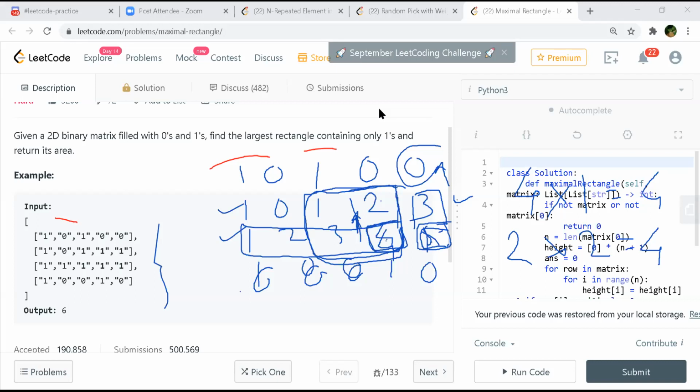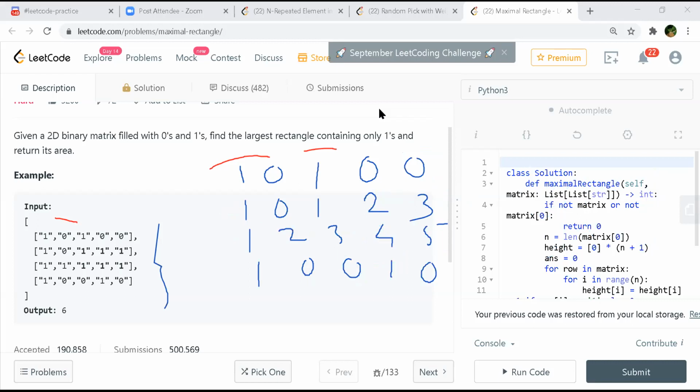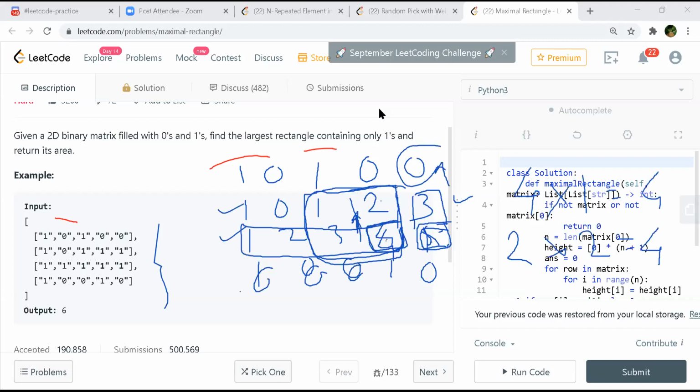So there are a couple of drawbacks in this option, but worst case, it is not a bad one, right? It's like you're coming to some sort of brute force which might get accepted, right? Yeah, it's a good one. It's n cube. But it has a cube as well as this one. So how? n square for visiting all the cells and another n for going up the row. Okay, got it. So you're again traversing from a cell going up the rows. So that will be n, right? Yeah.